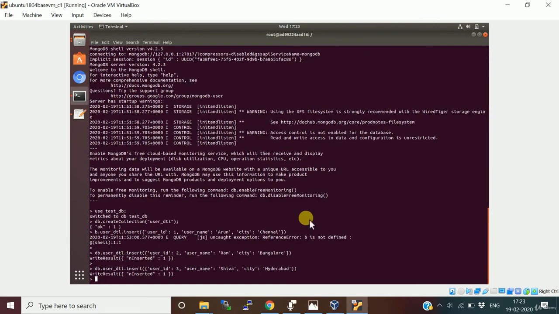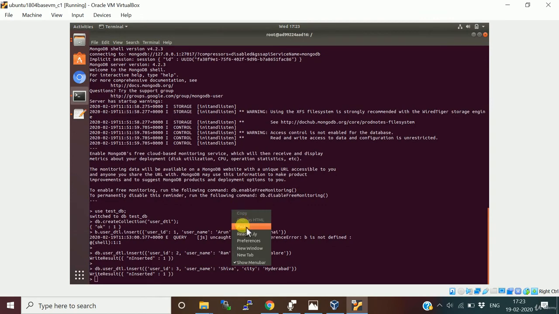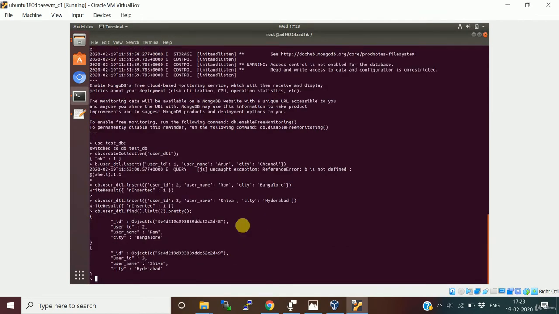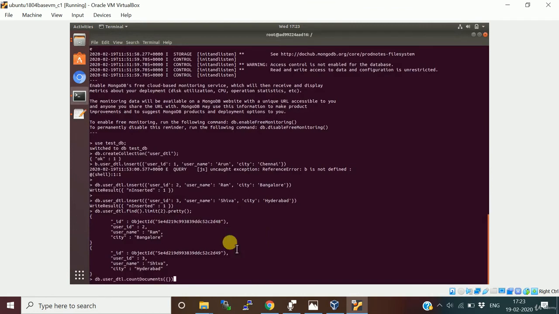Okay, so once this is done, let's query the collection which we loaded. I'm using this command, db dot the collection name and find, giving the limit as 2. We have 3 documents in that collection, and we pulled only 2 documents. If you want to find out the number of documents, I run this command, count documents.